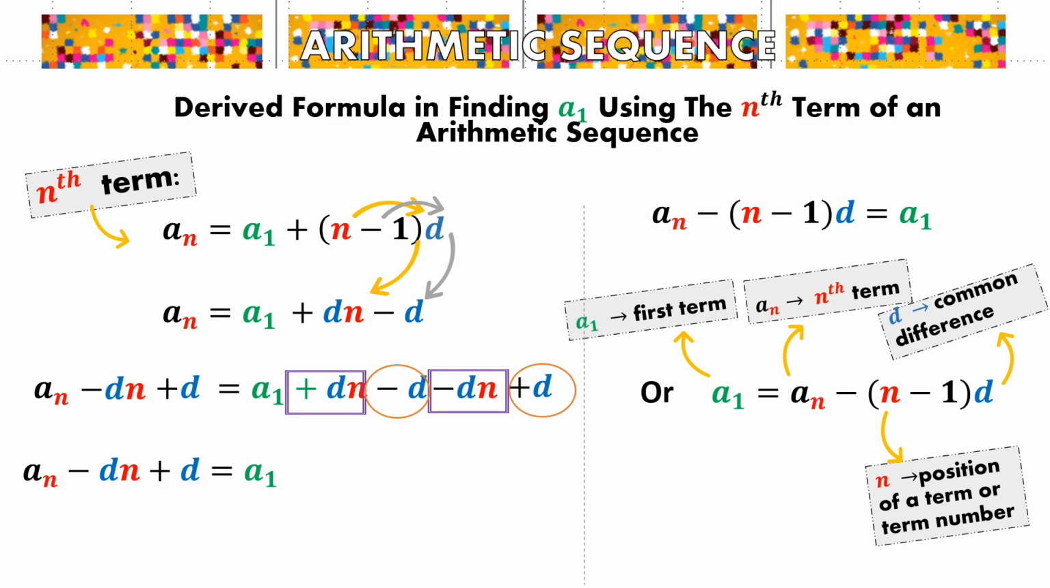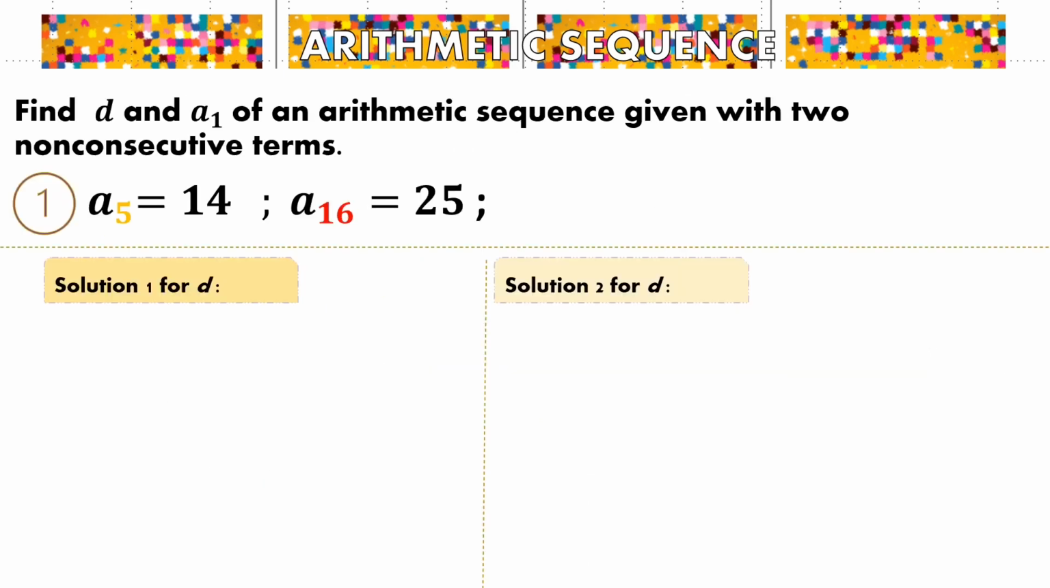Okay, let's start with an example. Find d and a sub 1 of an arithmetic sequence given two non-consecutive terms, of which a sub 1 is not one of them. So a sub 5 is 14 and a sub 16 is 25. We can use two methods in finding d. Solution 1,